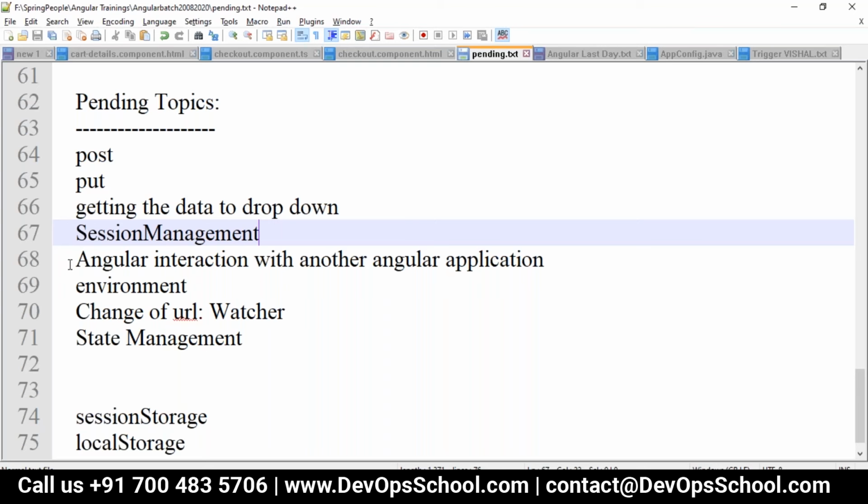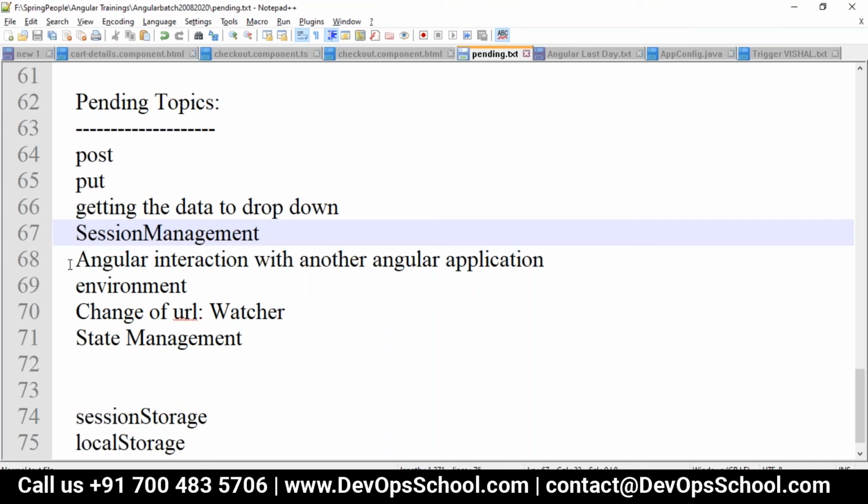One doubt I was having: when we have this communication from one app to another, the parent app, the session we are storing in the local storage or session storage, whatever the scenario. But the same needs to be passed to the called app, right?